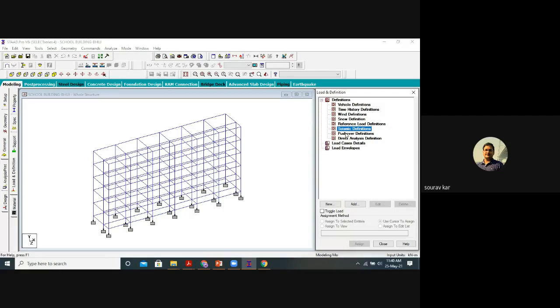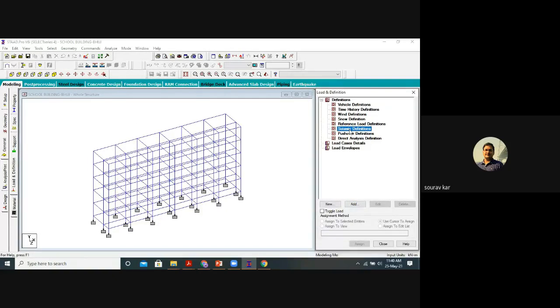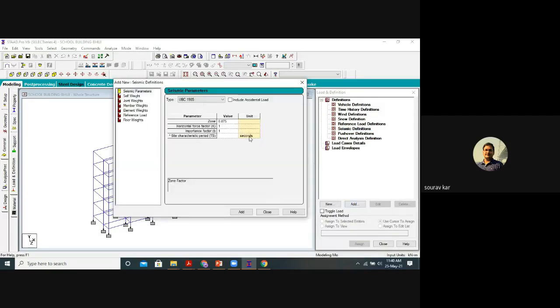Our task is to select the seismic definition. We have to add this. All these parameters given in the Indian code, we will select. So select the seismic definition and add.